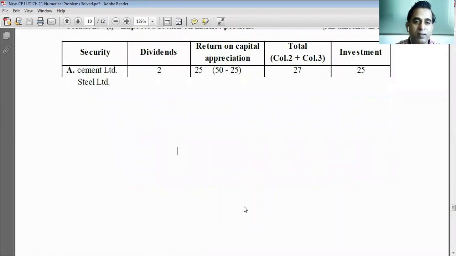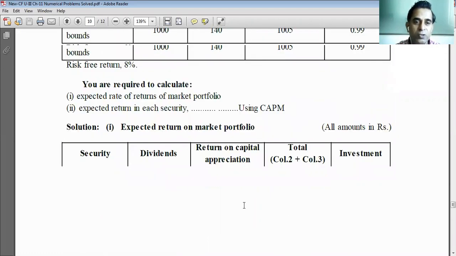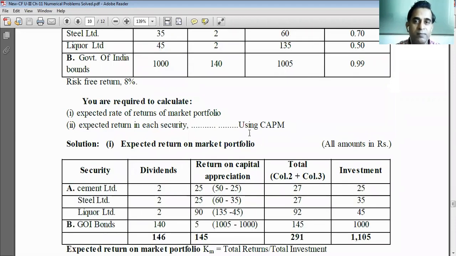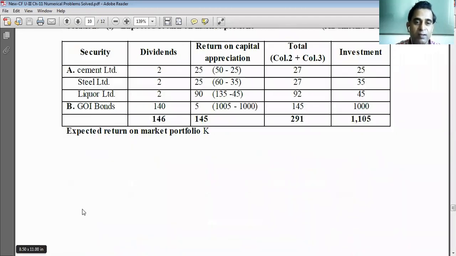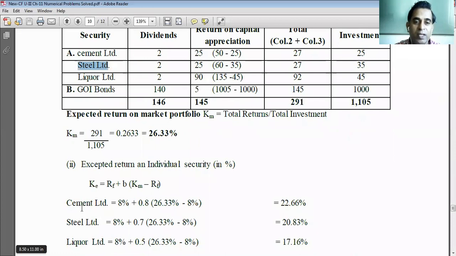Okay, then the second question they have asked is to calculate the expected return in each security. So what will be the return of each security, that we also have to find out, 1, 2, 3, 4. So how are we going to do that? So remember,